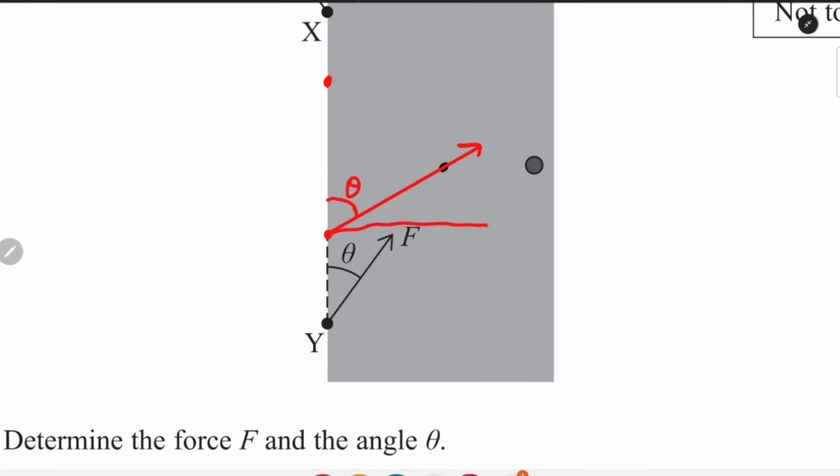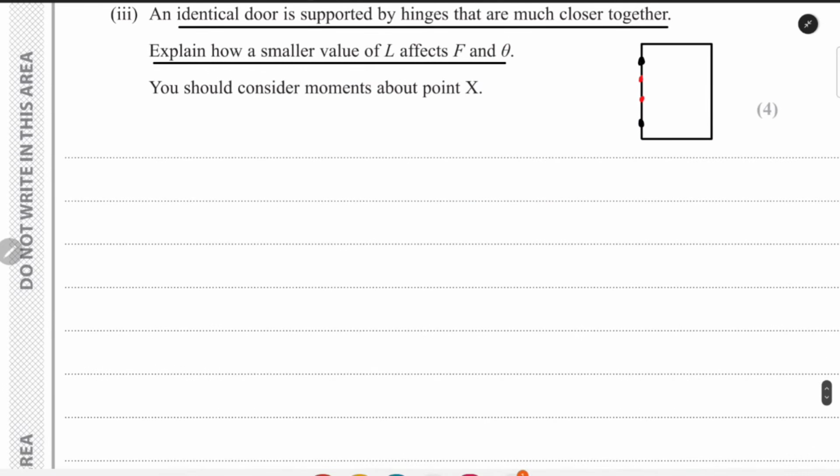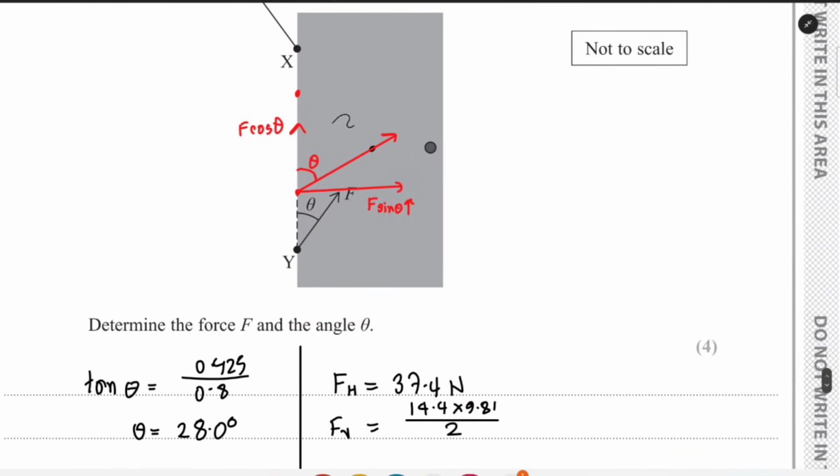So the value of F sine theta would increase because the graph of sine goes like this. However, the value of F cos theta would decrease since the graph of cos theta is like this. So we can write the change in theta. We'll also have to mention the center of gravity. Since the center of gravity is still 0.425 meters away